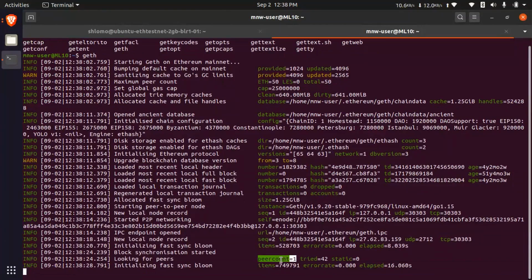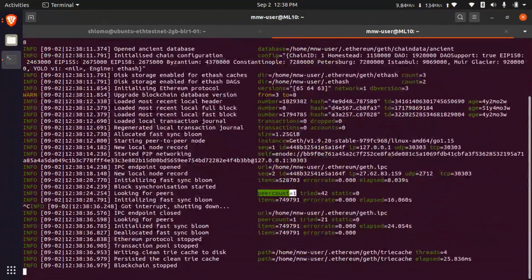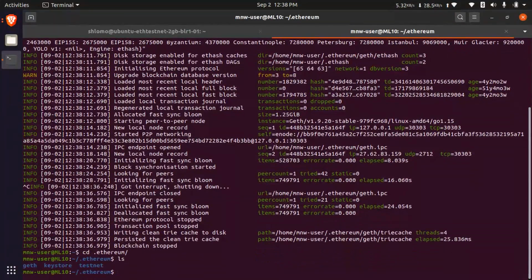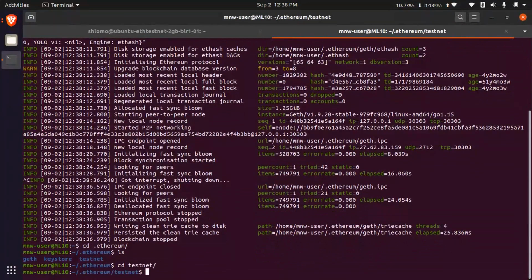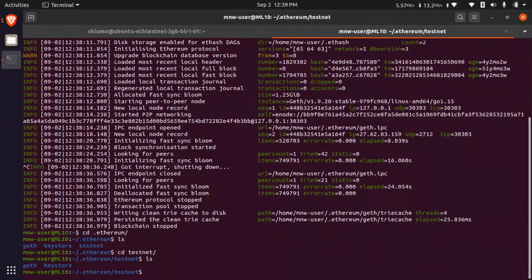While running this in Linux, it will download in this path, .ethereum/geth data. If you want to see that in Ethereum, you can see testnet, cd testnet. The chain data will be present.